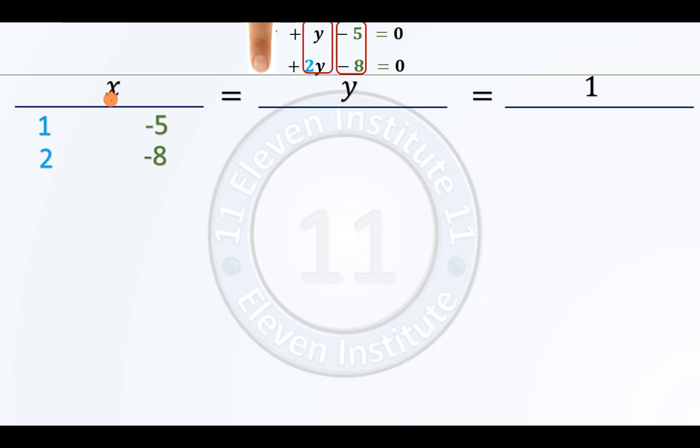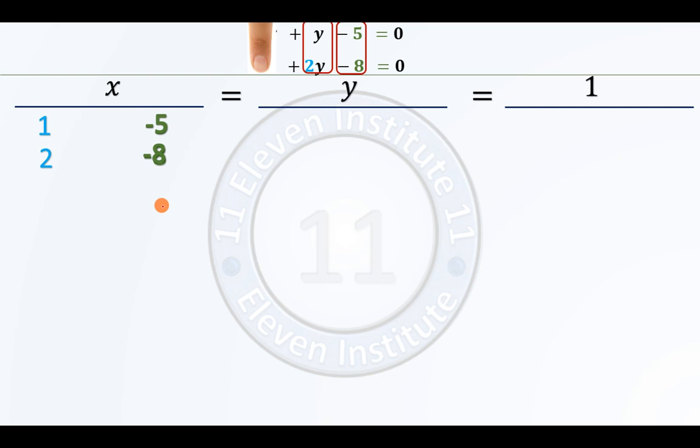Still we will continue in English because we are studying in an English medium school. Right? So yet the chance of x has not been finished. You have to take care, and this is the only place where students make mistakes, my friends. Yet the chance of x is not over. What you have to do is copy the numbers you copied over here at the last, minus 5 and minus 8, again.